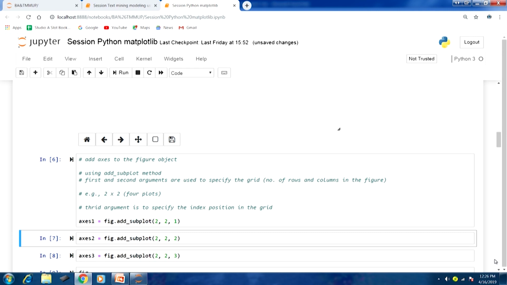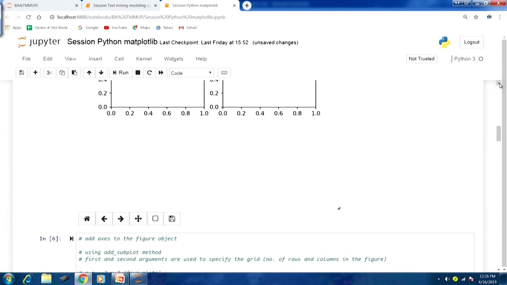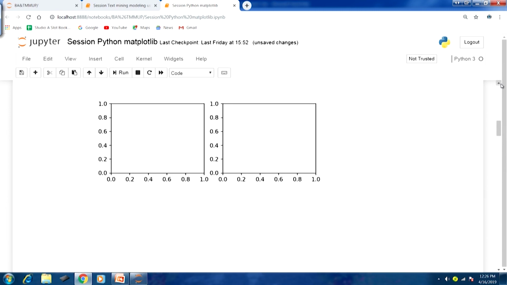So, axis 2, fig.add_subplot(2, 2, 2). In this case we are picking the second index. If I run this and go back to the figure, you can see the second index, which is the top right corner of the figure object, that frame, and there the axes have been added.